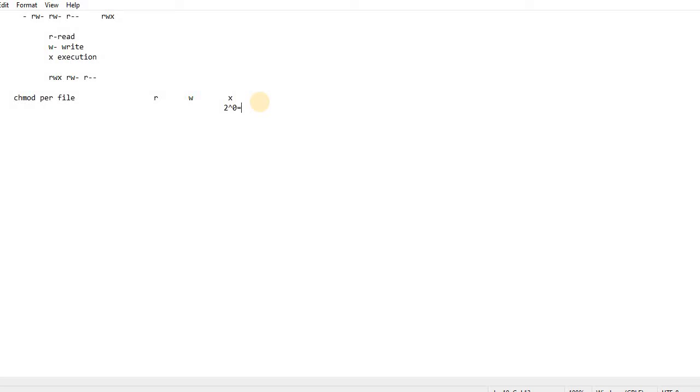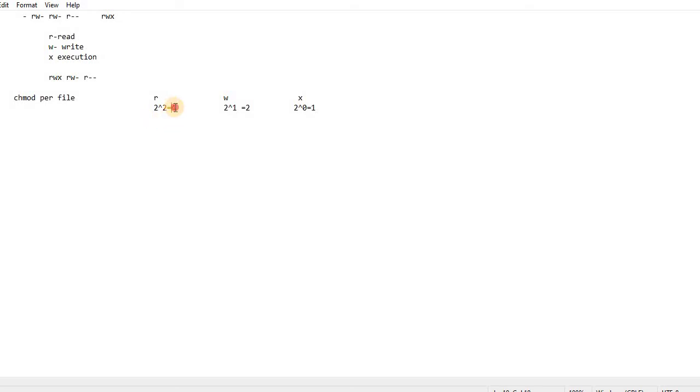What's the value of this? 1. Let this be 2 power 1. What's the value of this? 2. For this you have to do 2 power 2. The value of this is 4.